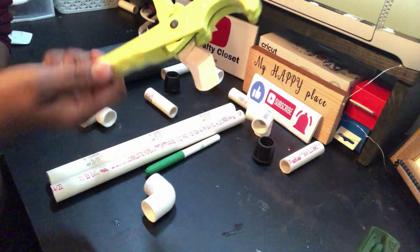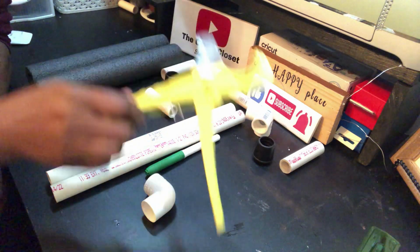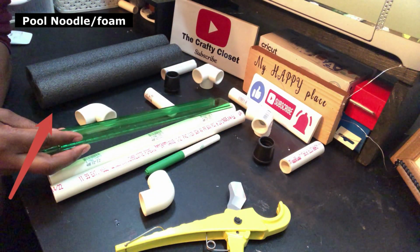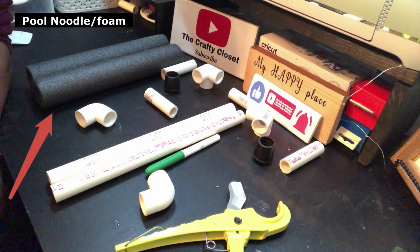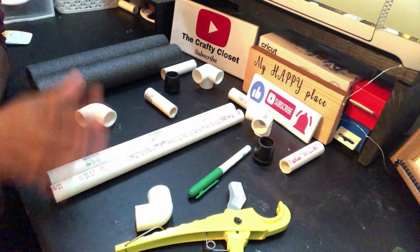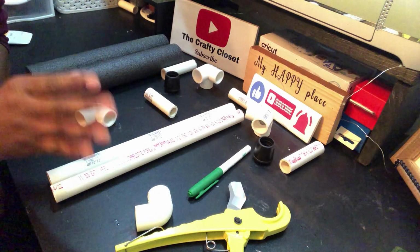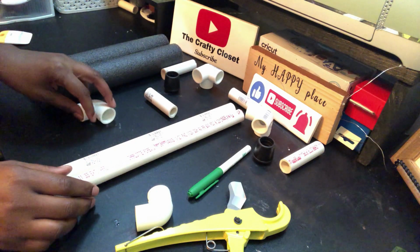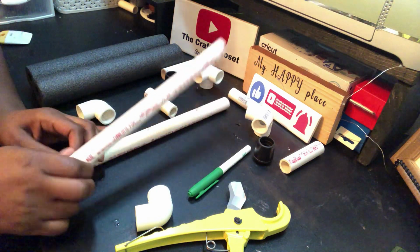You're going to need something to cut it with. This is a pipe cutter. Of course, a ruler for your measurements when you're measuring your project out. And of course, something to mark it. So I've already pre-cut everything, and I'm going to show you how we're going to assemble this and put it together. So the first thing you're going to do is you're going to take your two